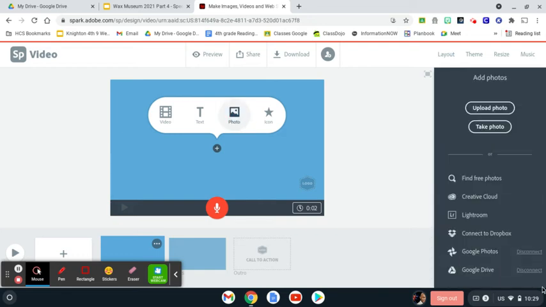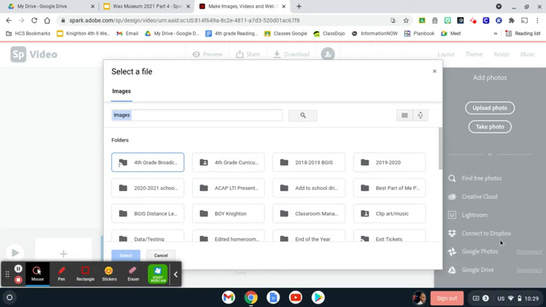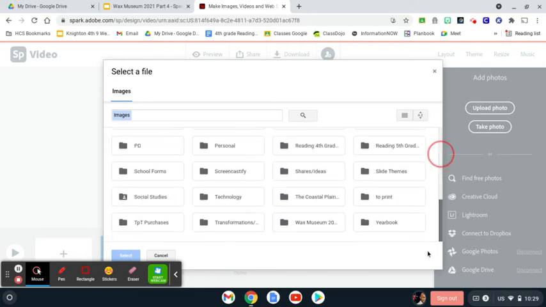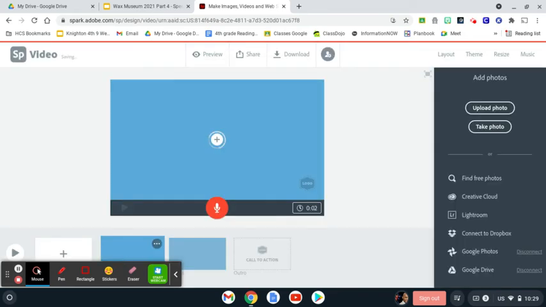Click on photo. I'm going to add a photo from my drive that I saved. You created a photo on your Google Drive with your person's name, so you'll just go to that photo and choose a photo that you've already saved. I'm going to choose one I have saved here of Charles Barkley.